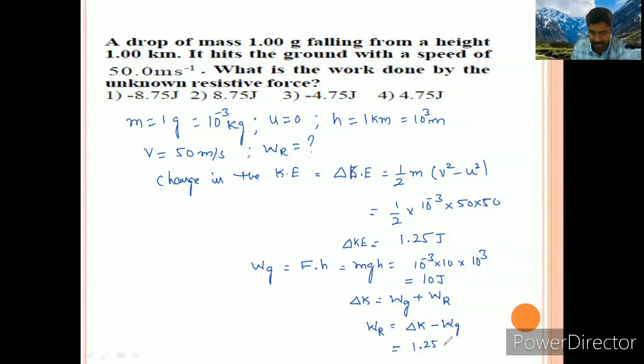1.25 minus 10 joules, so we can get minus 8.75 joules. So which option is the correct? The minus sign means the first option is the correct one. Next problem is